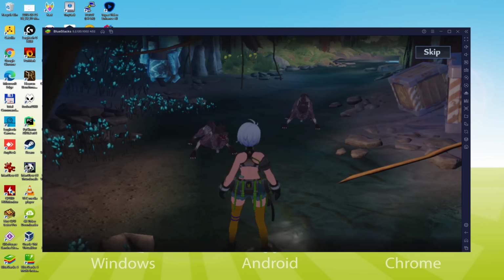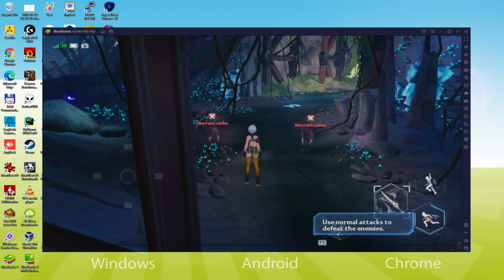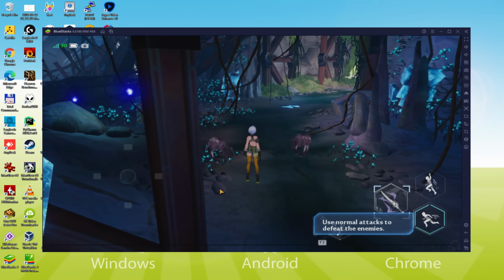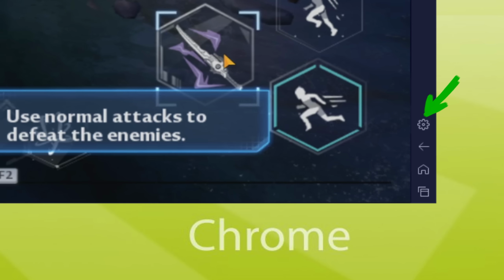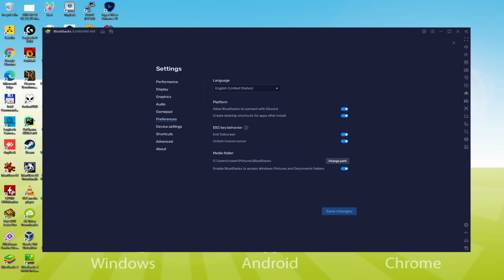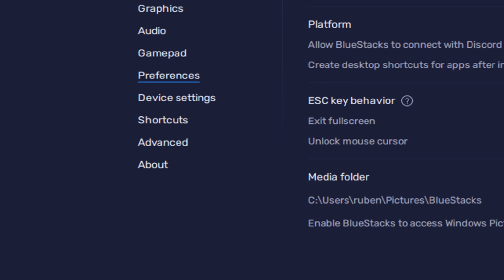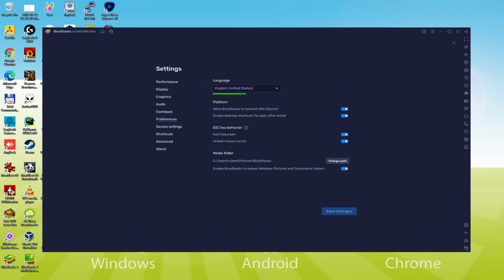Once in a while it happens that the emulator is launched in the incorrect language, for example, in Mandarin. And then to set it in the correct language we go there to the cogwheel. Then here inside of many other configurations, we simply click on the language drop down. We can pick the language we want, German, Japanese, and so forth. Once the language is decided, we could save, the emulator would reboot, as well as the game application. The next time we start it, will also be in the selected language.